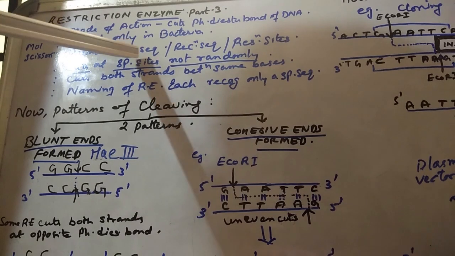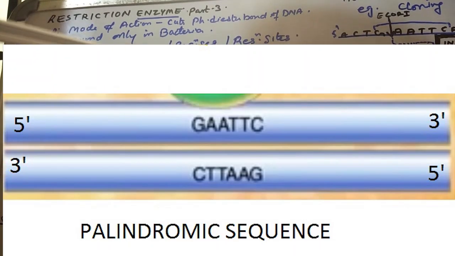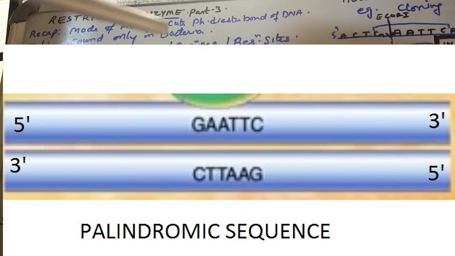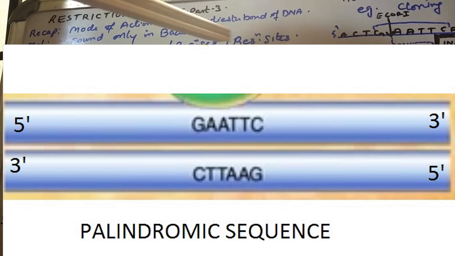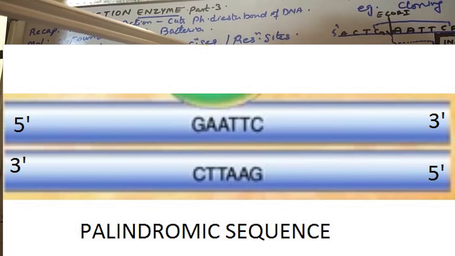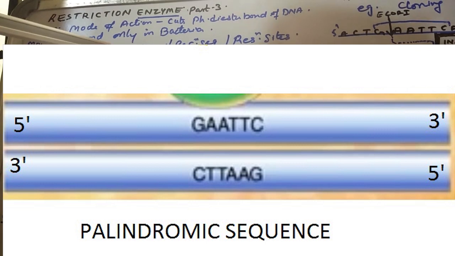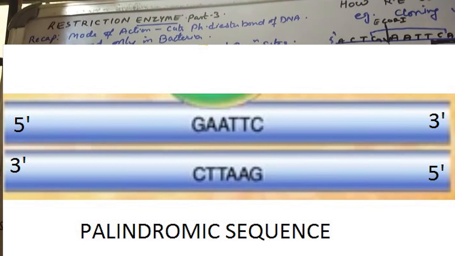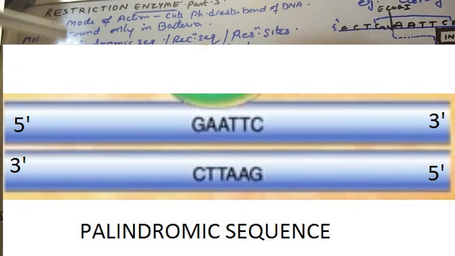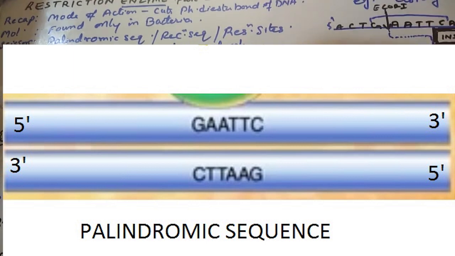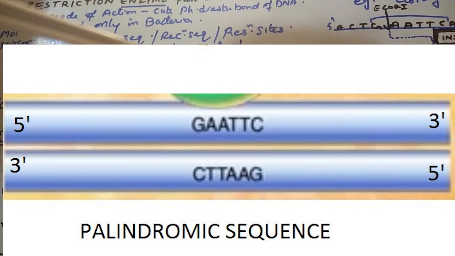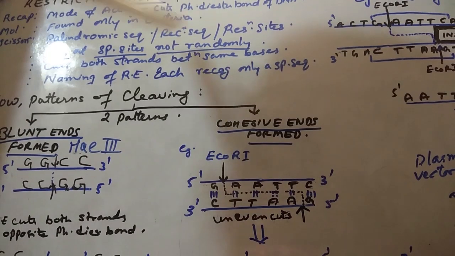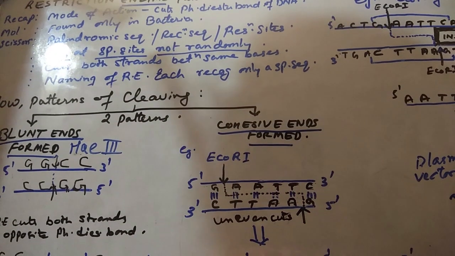Normally it is a palindromic sequence that restriction enzyme tries to find on a DNA, and it has a specific area, maybe a 6 nucleotide, 4 to 8 nucleotide long segment called recognition sequence, and they are generally palindromic, meaning they are read the same in both the strands when read in the same direction, 5 to 3 or 3 to 5, but both the strands should be read in the same direction. So a palindromic sequence is when the 2 strands of the DNA read the same bases when read in one orientation. Then we discussed what is recognition sequence, what is recognition site.